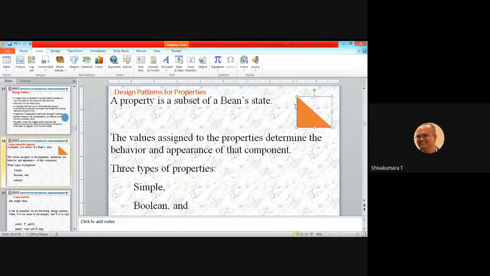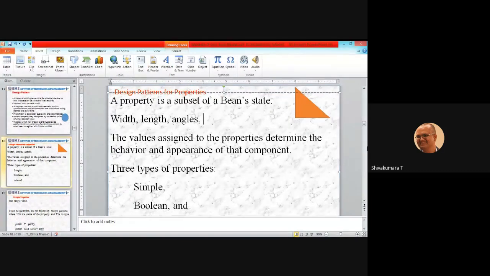Properties are a subset of this bean's state. Can you list some of the properties? Width, length, angles, color, etc. If you put them together, this becomes a set.